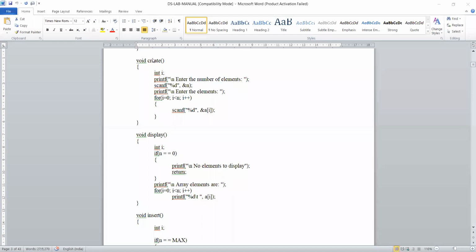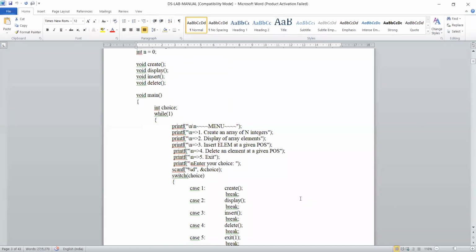Okay, so function definition is here. It will execute this, and once this function is executed and you are closing this braces, coming to the end of the statement of your function definition, it will go back. Where will the cursor go back? To the calling function, and then it will break. Once it is breaking, again the menu will be displayed, after inserting, whether you want to display or perform any other operation on the array. If nothing is there, you have to press 5 and come out of this loop.